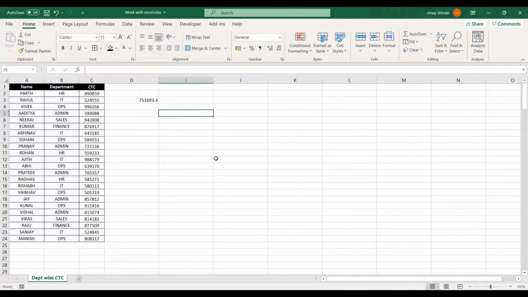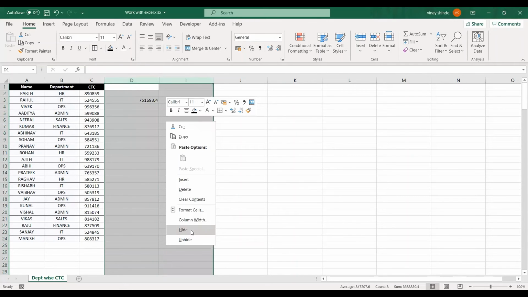So we have seen 3 formulas: count if, sum if, and average if. Now let's go ahead and make it more, let's say not automated, but more easy for us to use this function.